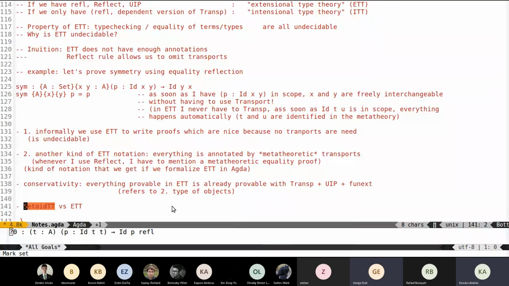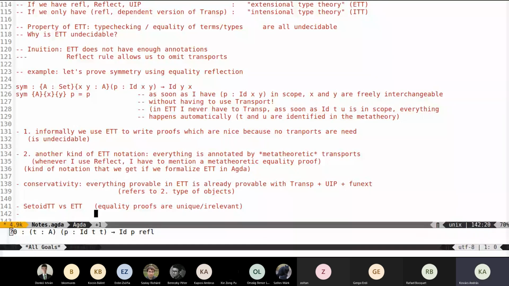But again, that's in a setting where the equalities are not trivial internally, right? Because you have setoid, so I assume you must have. No, they are trivial. So in setoid TT we have UIP, so they are still trivial. So the equality is in strict prop in setoid type theory. So in setoid TT and ETT, in both cases, equality proofs are unique and irrelevant,